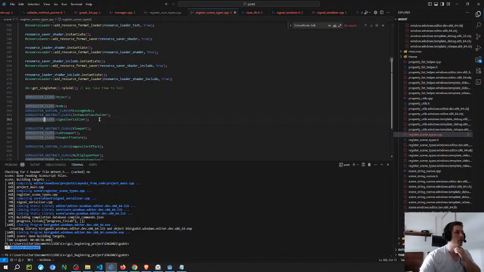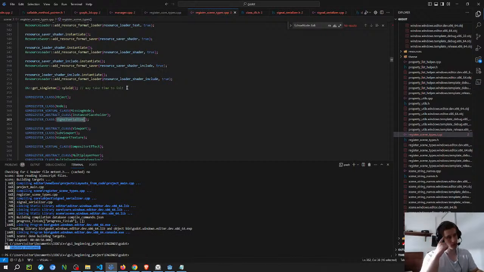So every time you create a new class, you have to subscribe, which is what I did here. And I was getting an error because this class inherits from node, and I was trying to register before I was registering node, because I put this class in the folder, the object folder. But now this is the thing that I said I have to do, to just transfer this class to the